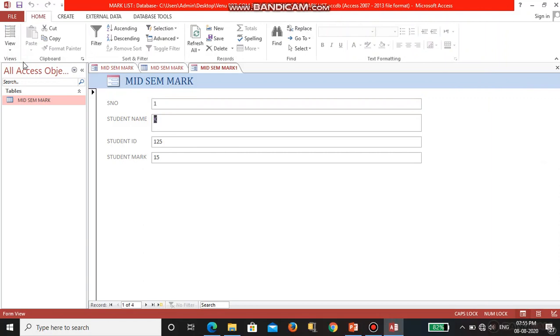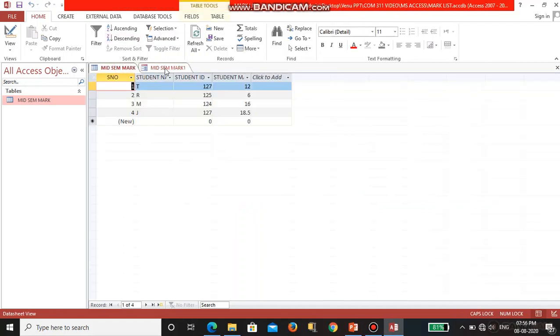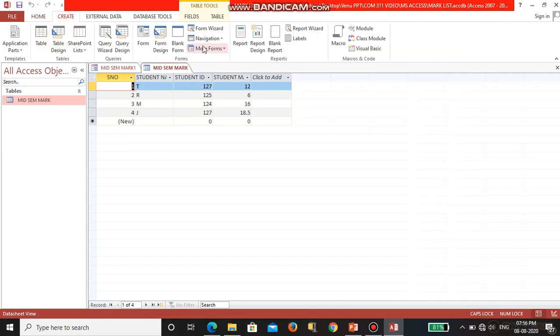After that you can enter the data like this. So you can enter the data either by using the table or the form. This is the way of entering the data in MS Access.